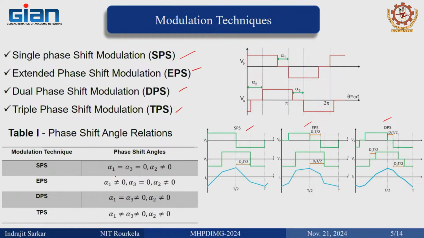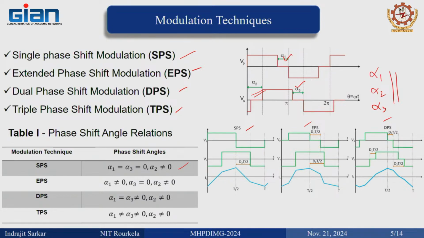So, in SPS the internal phase shift angles are 0. In the simulation model that we are going to share, you can adjust alpha 1, alpha 2 and alpha 3, all these angles, and accordingly you can get the results. So, alpha 1, alpha 3 will be 0 for SPS, and you play with alpha 2 and see whether the power flow can be achieved or not, and also you can see whether there is negative